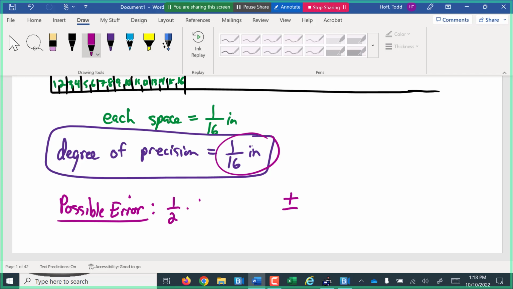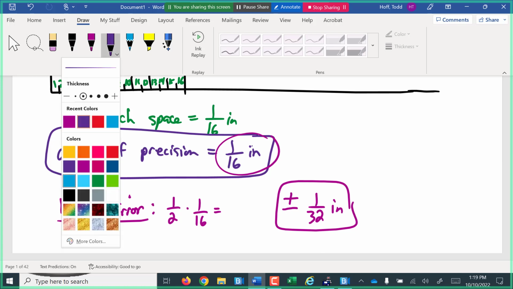Well, it's 1/2 times your degree of precision. What's 1/2 times 1/16? 1 times 1 is 1. What's 2 times 16? 32. So everything you measure with your tape measure is plus or minus 1/32 of an inch. So what that means is, let's say you measure an object